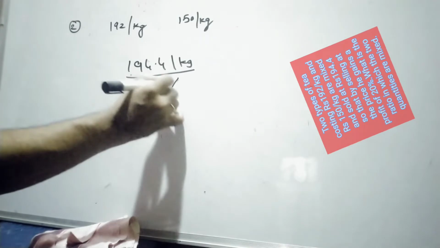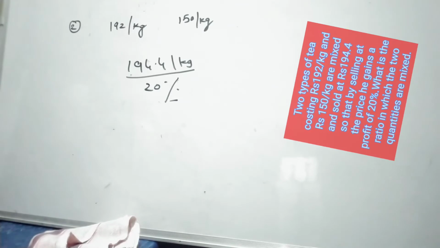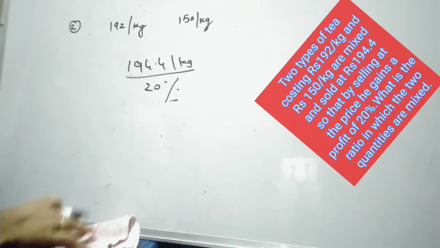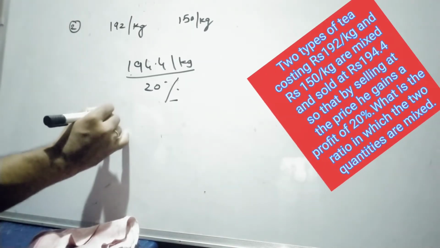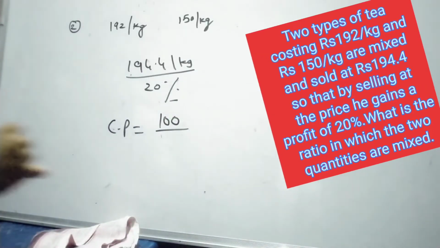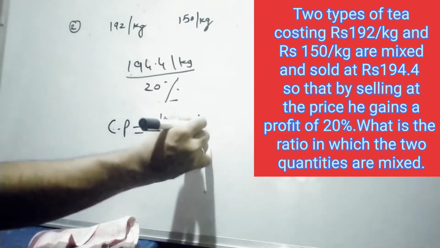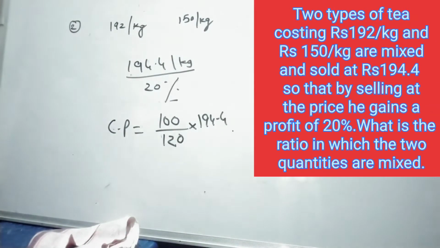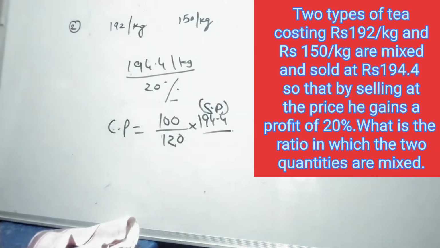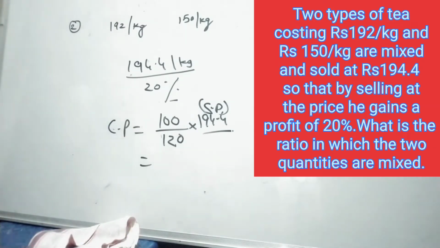Whenever you are getting a profit or a loss in a business, first we should know what is the cost price. What is the cost price here? We know that cost price is equal to 100 by 100 plus profit. So 100 plus 20%, 120, into 194.4. This is the selling price. So 100 by 100 plus gain into selling price is the cost price. If you solve this, we get